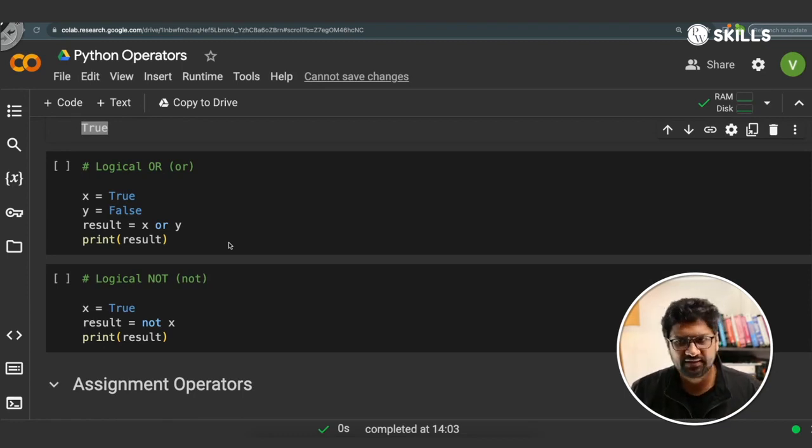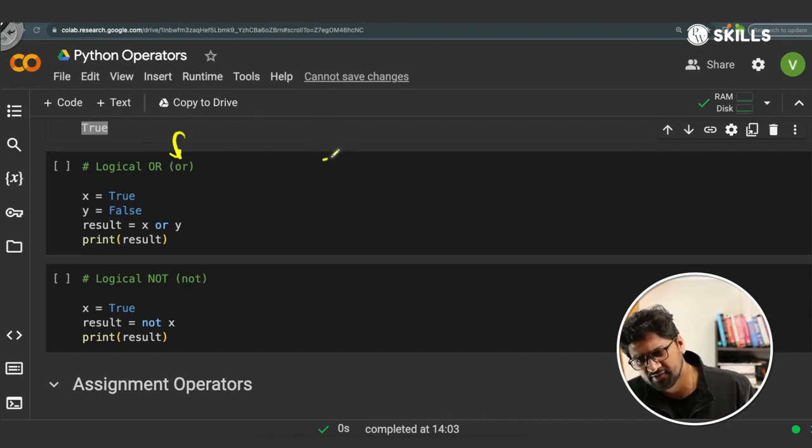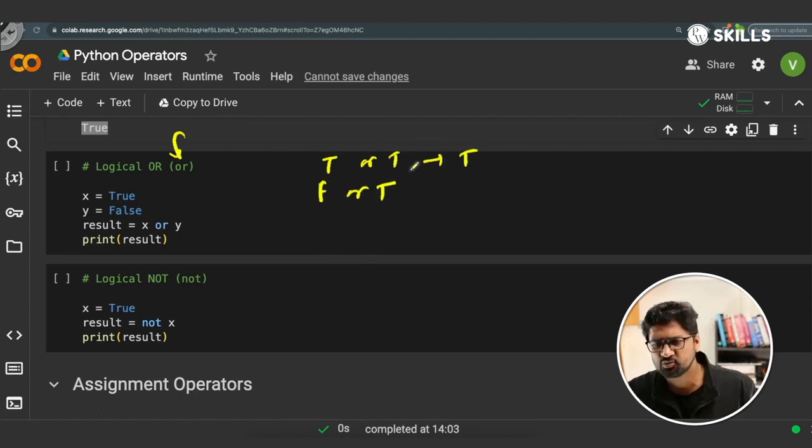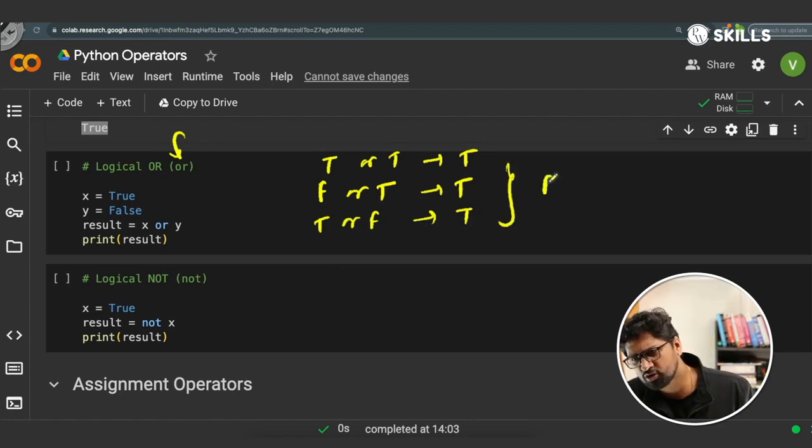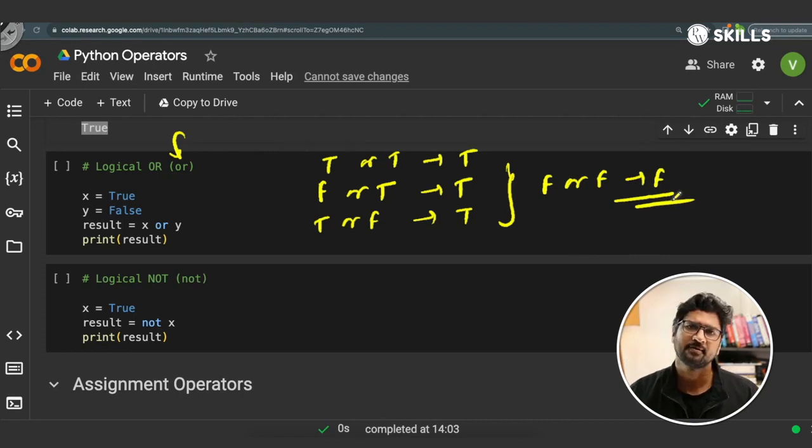Very nice. एक बार लॉजिकल एंड हमने समझ लिया तो और वाला जो लॉजिकल ऑपरेटर है वो भी बूलियन ऑपरेंड्स पे ही काम करता है, but it's slightly different. और जैसा आप समझ रहे हो एक भी अगर ट्रू है then you get the answer true. What that means is that if it is true or true then it will be true. If it is false or true, it is saying if one of them is true, then the result should be true. If it is true or false, एक तो true है sir, then result will be true. Only when both are false, then it turns out to be false.